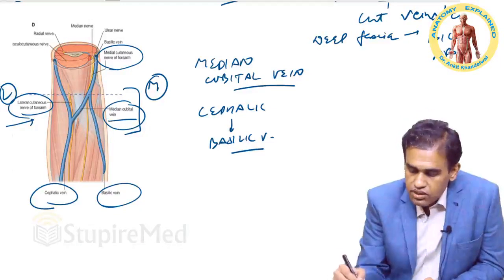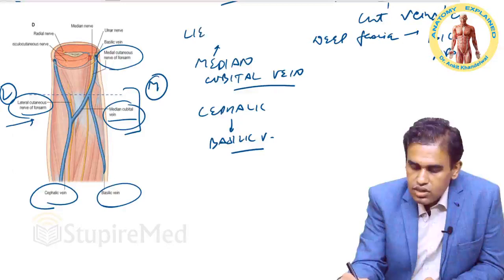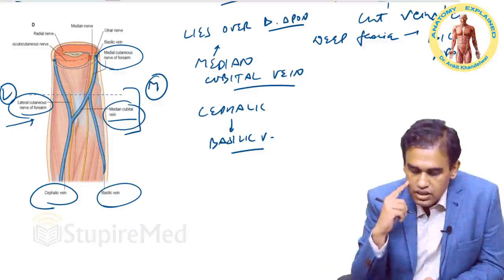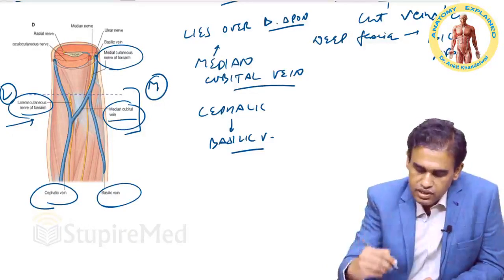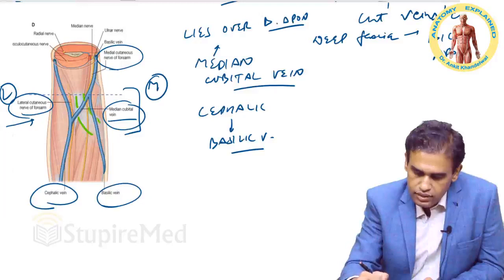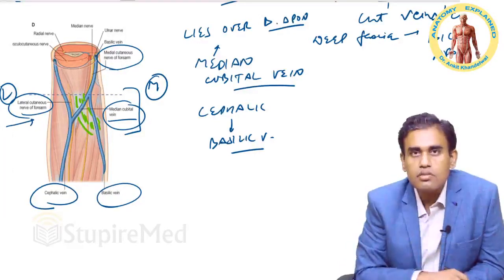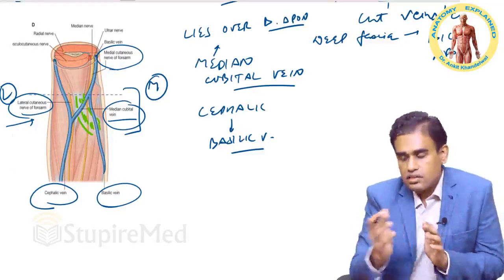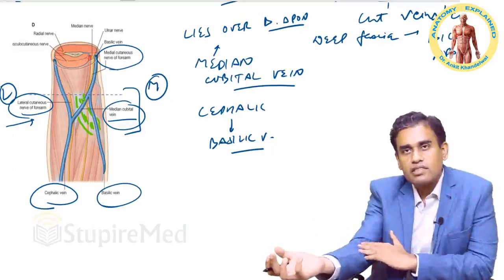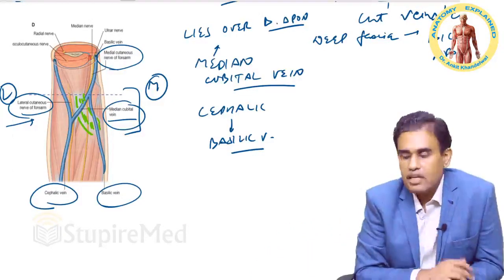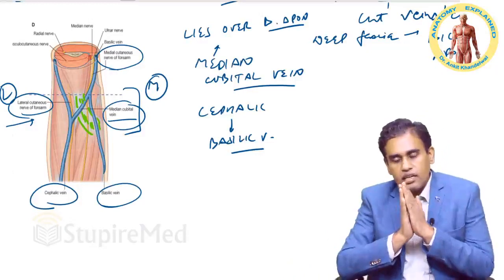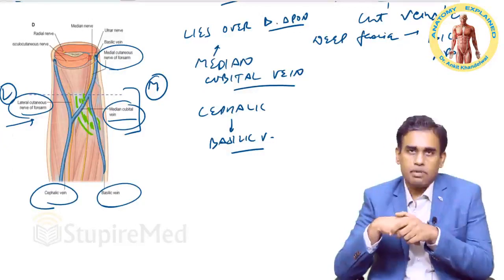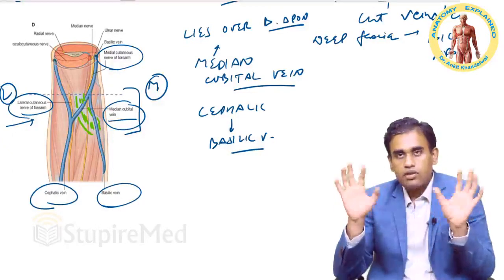Because this median cubital vein is lying over this bicipital aponeurosis, which you can see in this figure. If we take it with a different color, this is your whole bicipital aponeurosis, your white colored condensation of deep fascia, which originates from the tendon of biceps brachii and inserts into the ulna. Therefore, the median cubital vein is in a very stable position over the bicipital aponeurosis, so it is very easy to take the sampling from there. Median cubital vein, an important part of the cubital fossa.